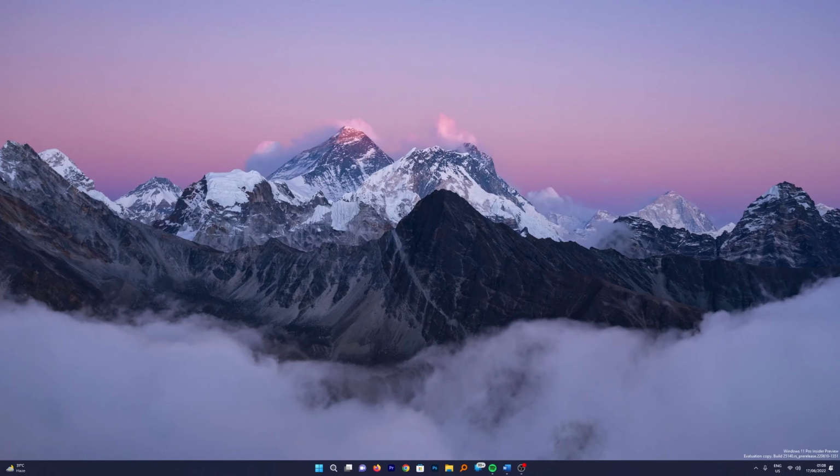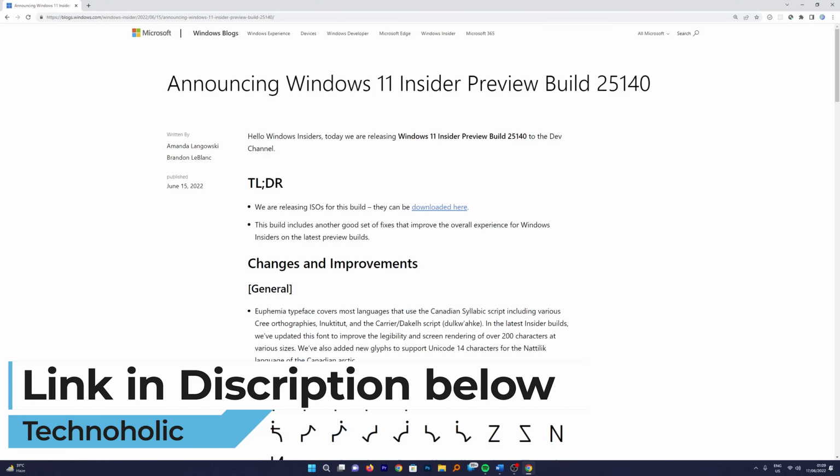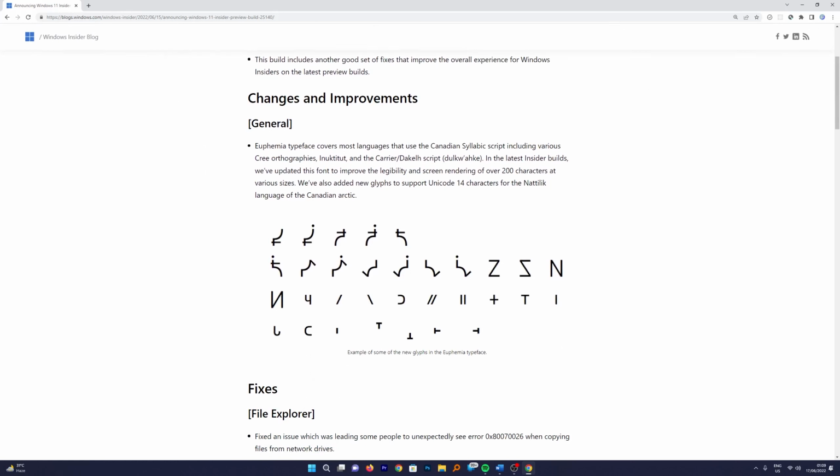If we talk about what's new in this particular build, I would say there are a lot of fixes but very subtle changes in terms of features added. Let me quickly open the official blog of Microsoft which speaks about this particular build. Okay, so here we can see blog.windows.com, which is the official blog, and here if we talk about the features,